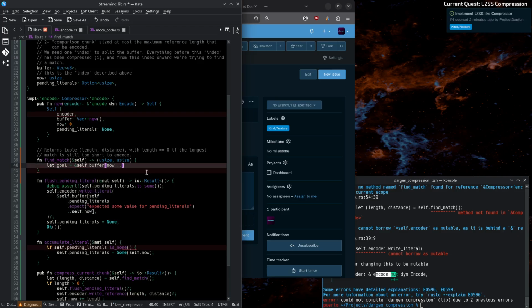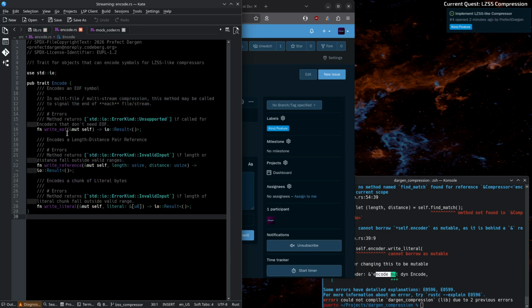Because that means that if we manage to get the longest match ever in the window, the length of this match is going to be between now and the end of the buffer. However, we cannot forget